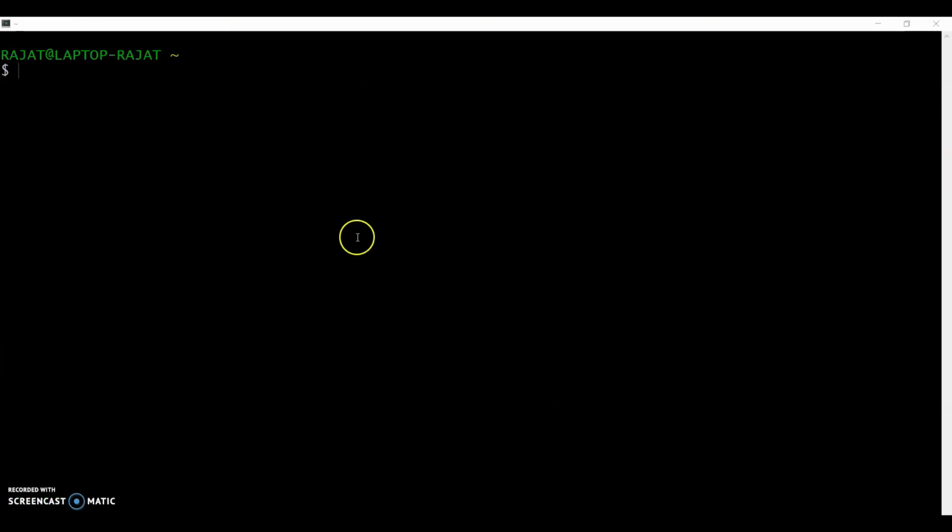Now this is another interface, again the command line interface of Unix. Now the prompt is there, we can say shell, $ prompt. So Bourne shell or bash, we can also call it bash. Now here I will use a command for listing the files and directories. In DOS I used the dir command, but here I have to use another command like ls.